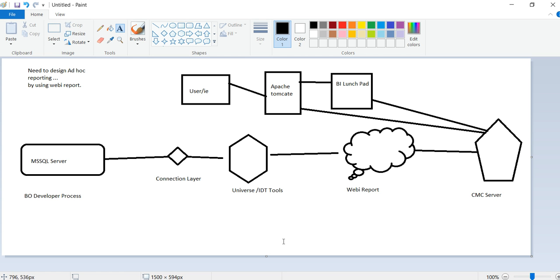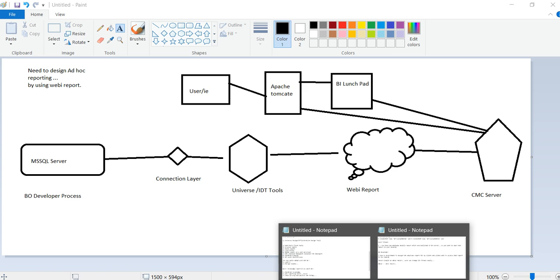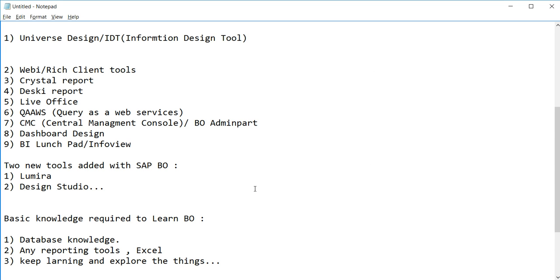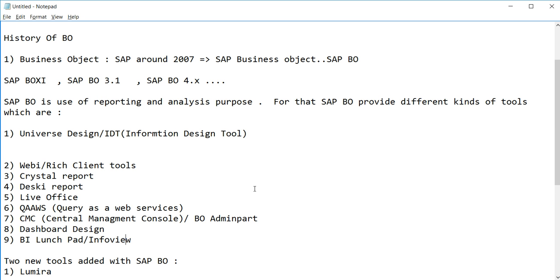Now this is your introduction part. I have explained the scenario and I have explained the architecture. Now I'll explain one by one the tools which we are going to use in reporting. So the first one is universe design. I'll explain in one line, because when we go through the topic, then we will explain everything. So universe design works as a data source